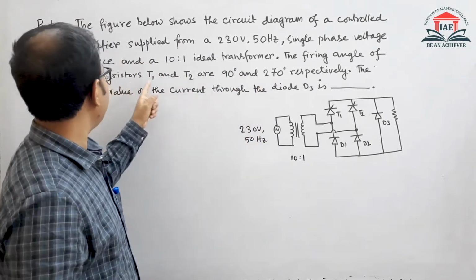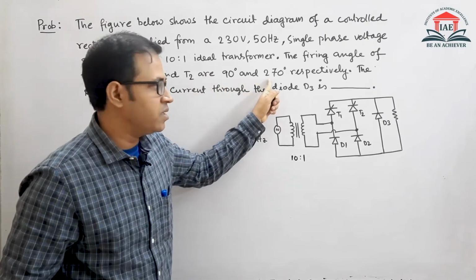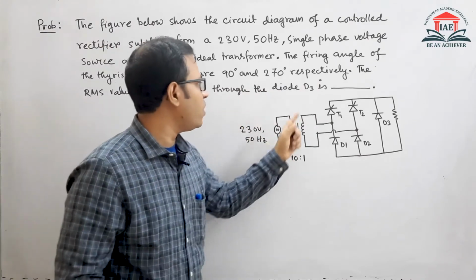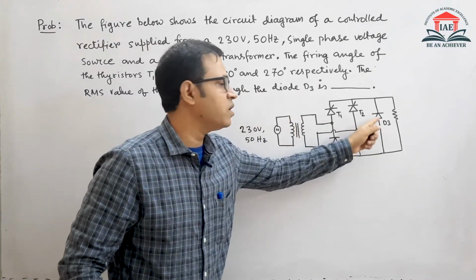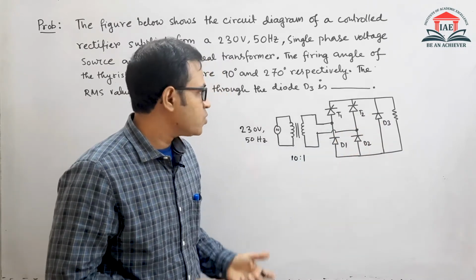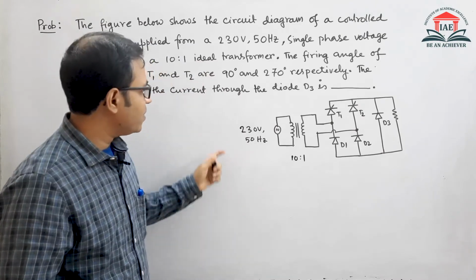The firing angles of T1 and T2 are respectively 90 degree and 270 degree. Okay, fine. Then we have to find out the RMS value of the current through this output diode, which is the freewheeling diode as we know. To solve this problem, let us look, this problem is very interesting in the sense because you see